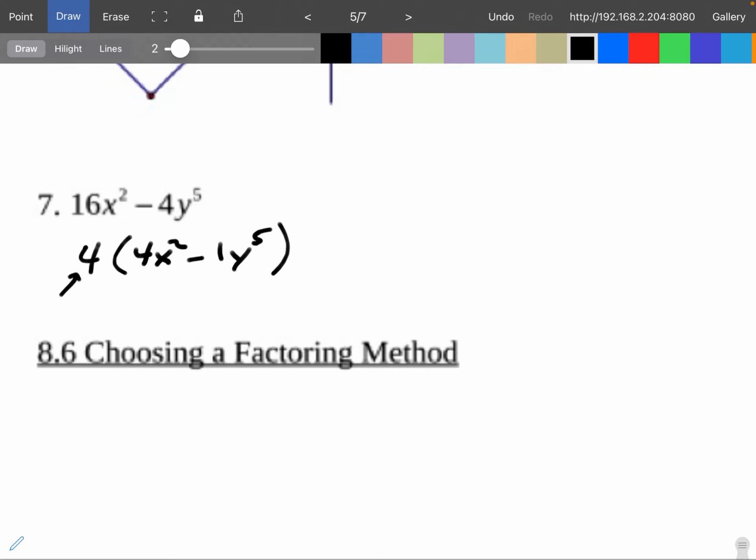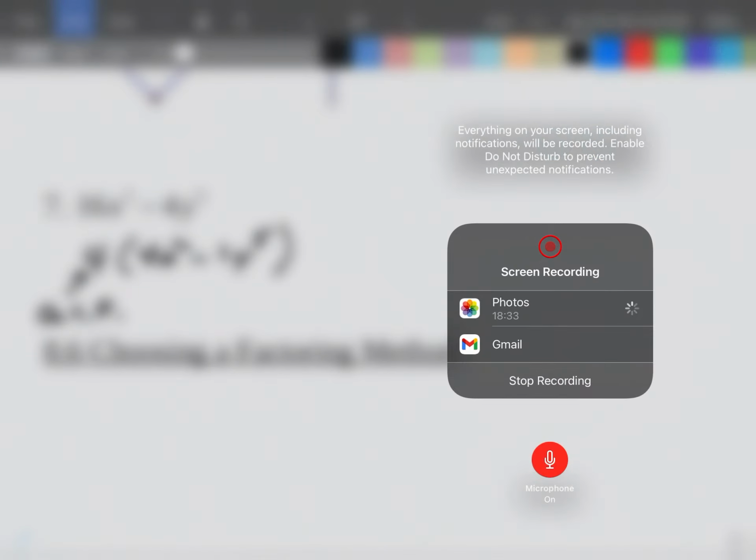Like that. That's it. That's all you can do with that one. So all you're able to do here is factor out that greatest common factor. That's the GCF. All right, and that wraps